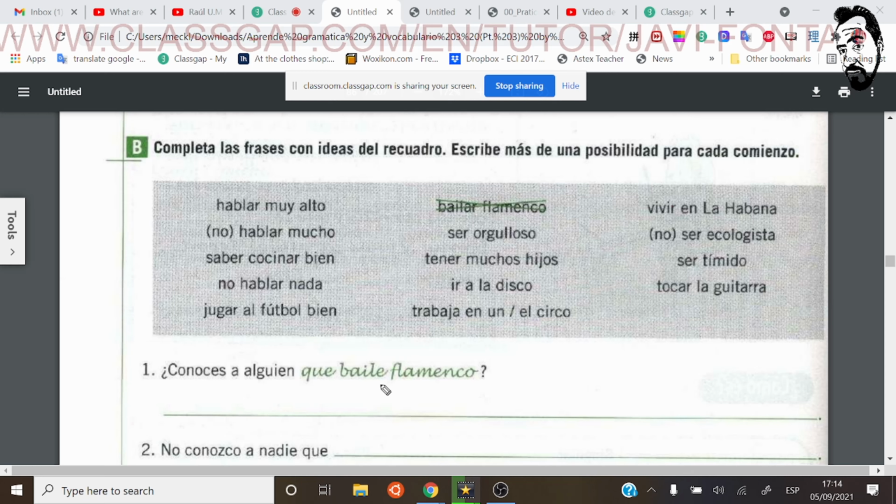So you're gonna use subjunctive. Yeah. Que juegue. Que juegue fútbol bien. So no conozco a nadie que juegue al fútbol bien. Yeah. So I don't know anyone who plays football, soccer. Well, yeah, because this is not subjunctive because here I don't know anyone, so that is fixed. Exactly.